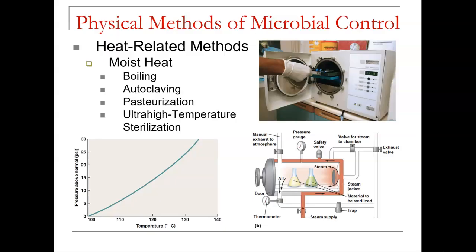Tyndallization is going to involve subjecting liquids to alternating periods of boiling and cooling over an extended period of 3 days. It's effective because it maintains liquids at room temperature. Typically, that's going to cause the endospores to start germinating or start growing again. And the result is these vegetative cells now can be killed and denatured in the next phase of